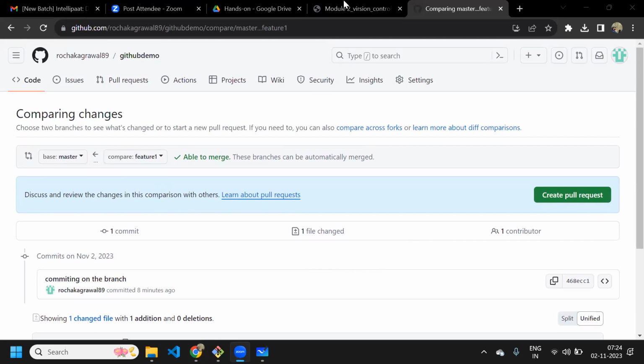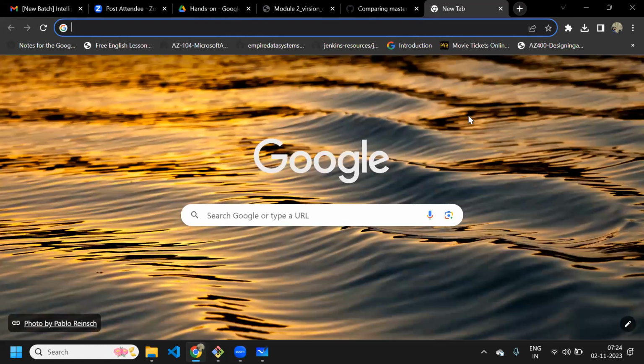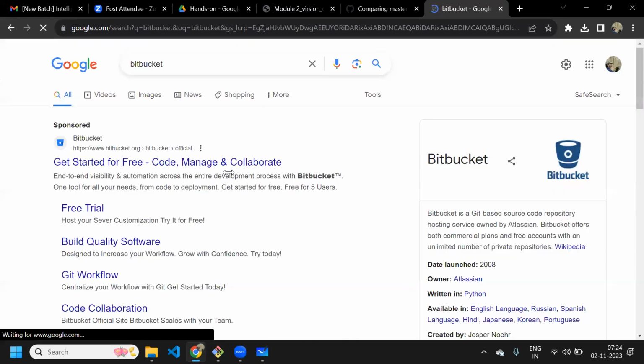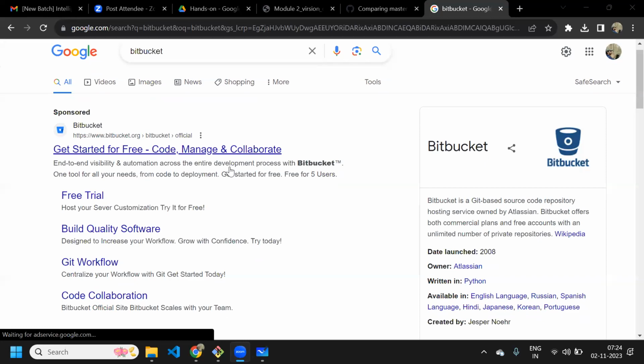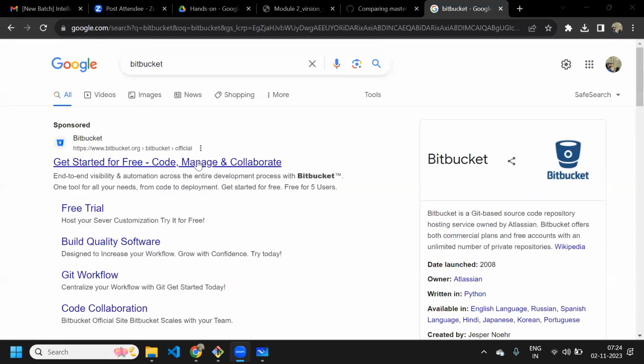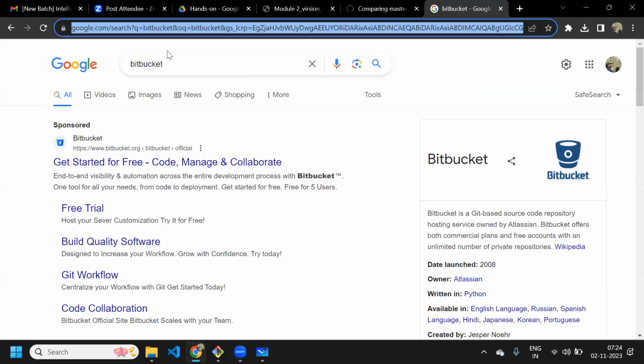Whatever you are doing, you will be doing in your local system. Then you need to push it to GitHub. So GitHub is just the collaboration medium. There are others as well. If I show you, there is something called Bitbucket. You see, Bitbucket gets started for free, code manage and collaborate. There are multiple such tools available. One is GitLab,